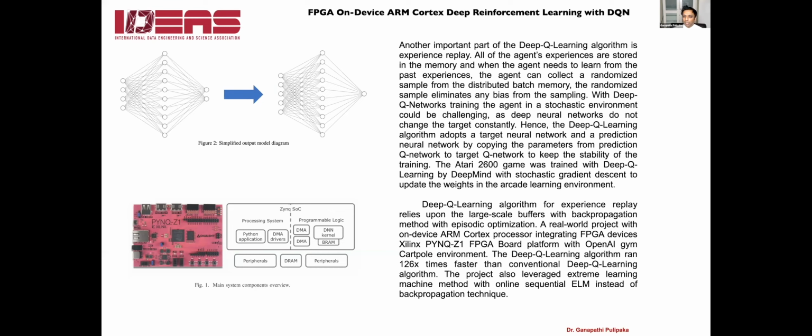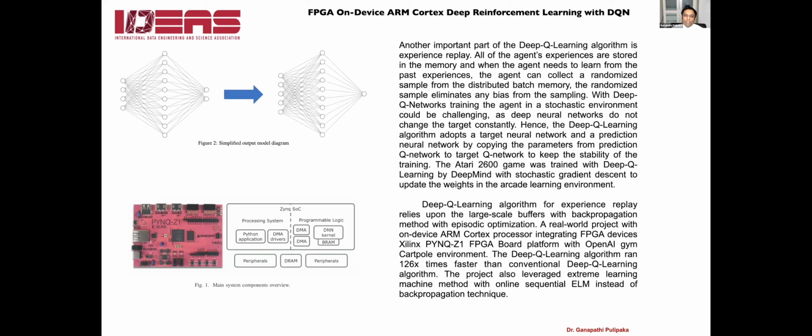And again, if you take a look at several other examples like the Atari 2600 game, it was trained with deep Q learning by DeepMind with stochastic gradient descent and backprop, and then again forward prop. And it has updated the states and it has updated the weights in the arcade learning environment. So again, we are implementing it with the backprop here, and upon large scale buffers, we can do the episodic optimization. And a real world project with an ARM Cortex processor, starting integrating with FPGA